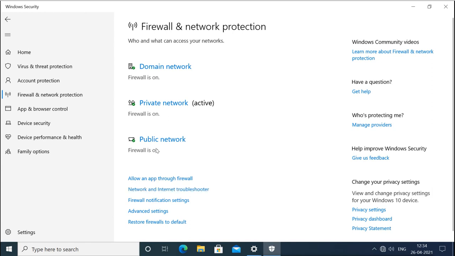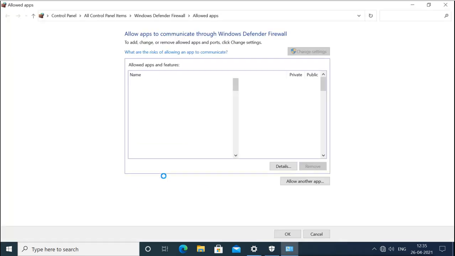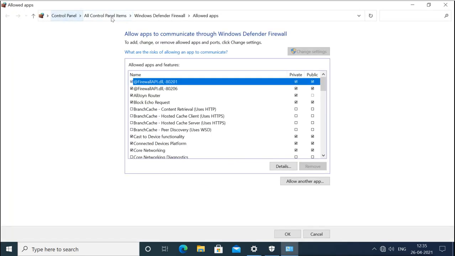It is just showing here which firewall is on. Right now this one is active and this one is on. This one is also on. So it is showing you which firewalls are on, which network location zones are on, and which one is active. If you want to change anything, when you click on it, it will take you to the Control Panel. This is the Control Panel here, under the Windows Defender Firewall setting.